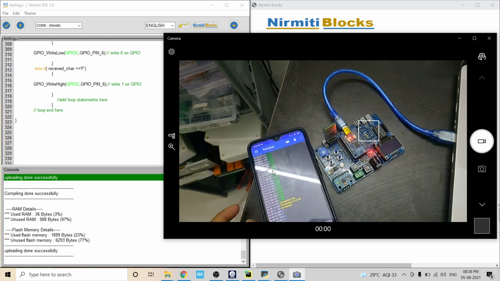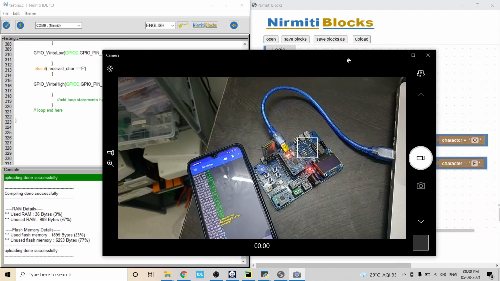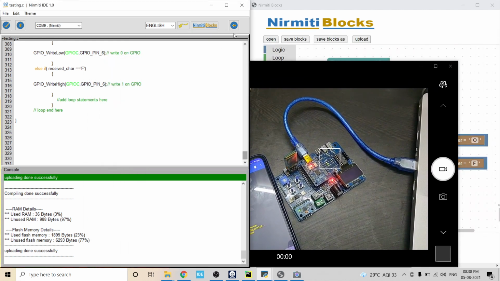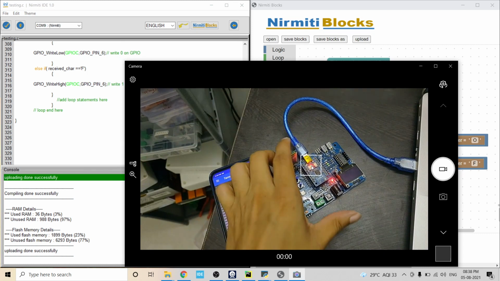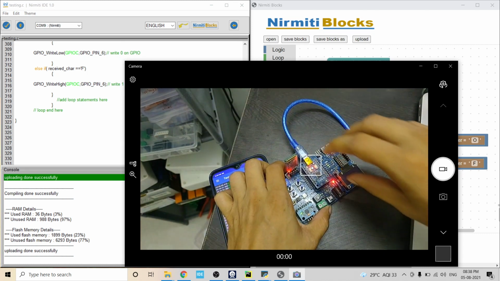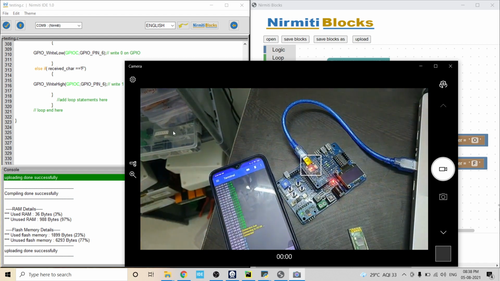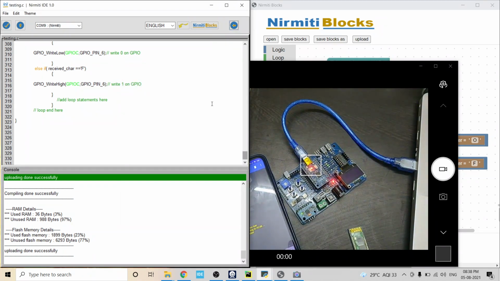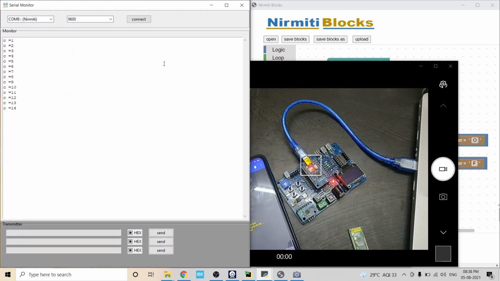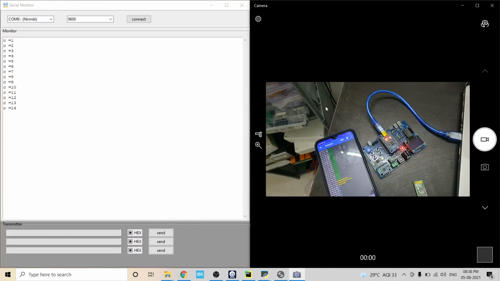Also, not only Bluetooth, we can turn it on and off using the serial terminal also. For that, serial monitor, sorry. For that, remove this Bluetooth. Now we will open the serial monitor. The serial monitor is already open. Now connect with the serial monitor.